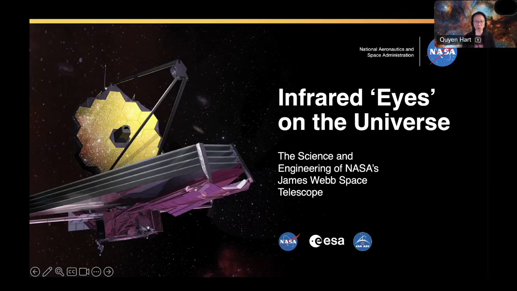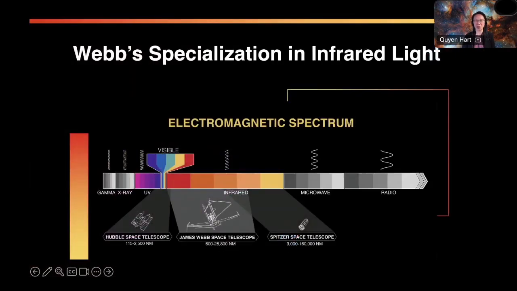So thinking about the infrared eyes on the universe, how do we want to talk about JWST? This part will be focused on JWST, and I'll go through some of it quickly because I know you, as my audience, have a very good solid background on JWST, but we're thinking about the audience here. One thing that I always tell people is that if people don't know that JWST is an infrared telescope, you've missed a very important message. So always convey that Webb's specialty is in infrared, and maybe you'll share that in contrast to Hubble Space Telescope, or Spitzer, or even the future Nancy Grace Roman telescope.